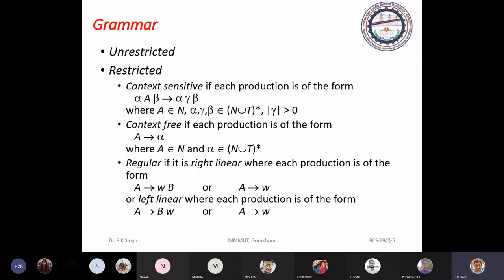Now come to the various types of grammars, like unrestricted grammar. It is also called destructive grammar.